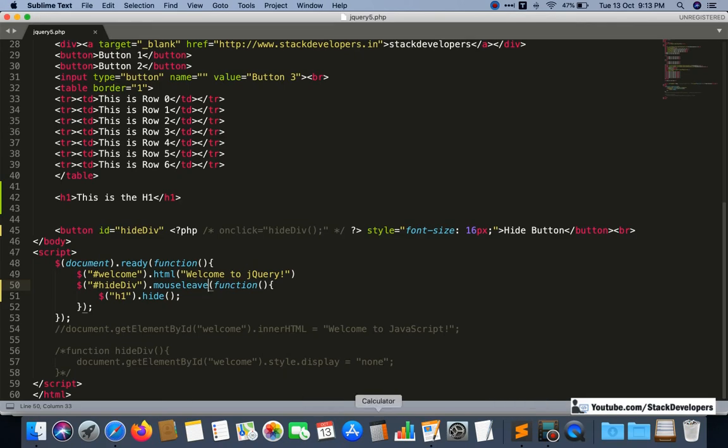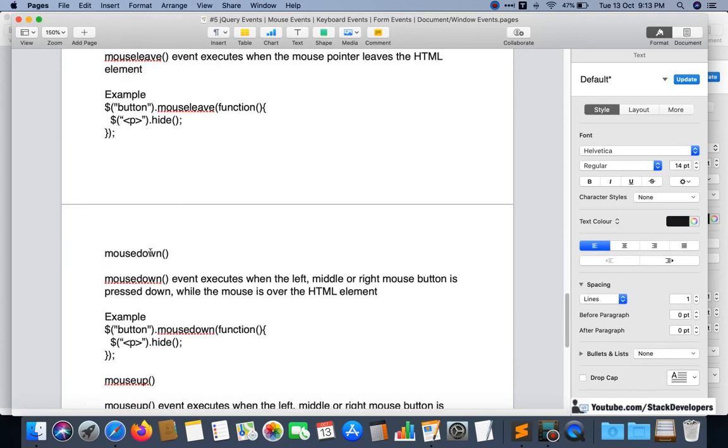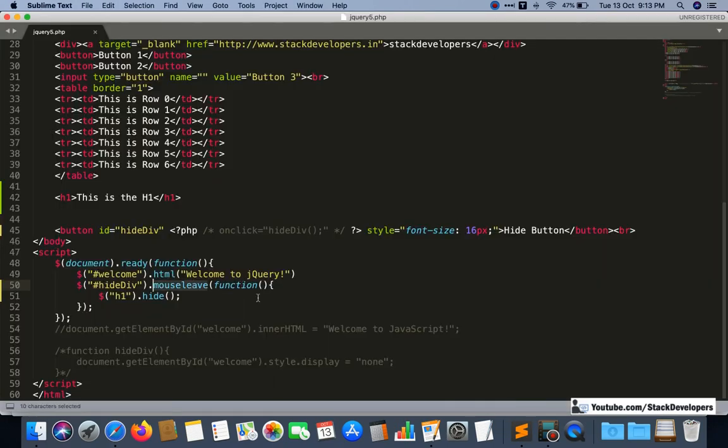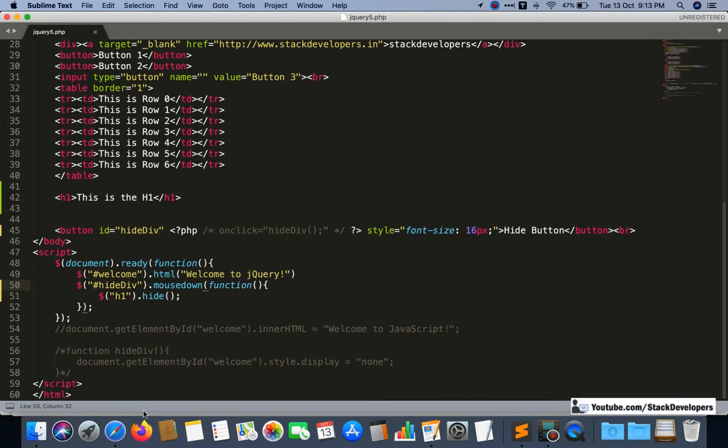Okay, so next, after mouse leave, is mouse down. Okay, so mouse down, let's see what it will do. So you can experiment like this, all the events you can experiment like this, and you can use them in your web application anytime. Okay, so mouse down. Whenever you bring the mouse cursor over that element, whatever it is on which you are going to perform some kind of action, okay, then while the mouse is over the button, let's experiment.